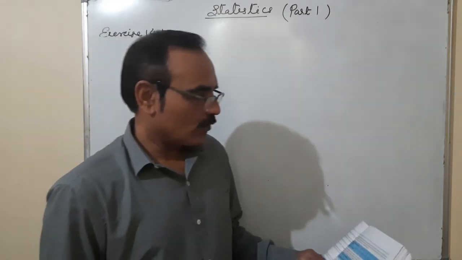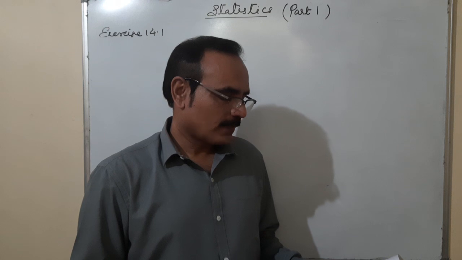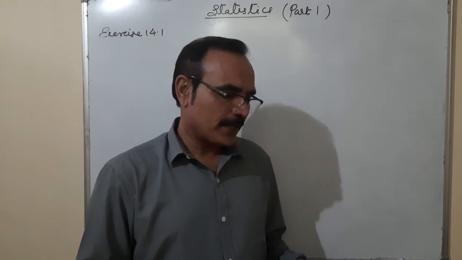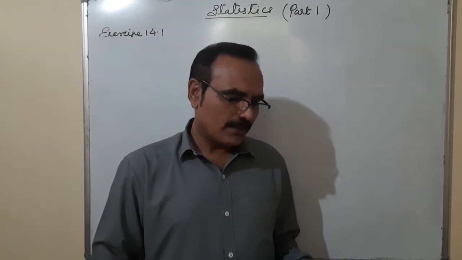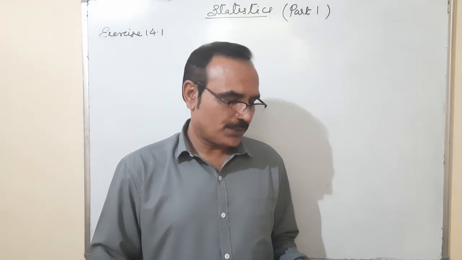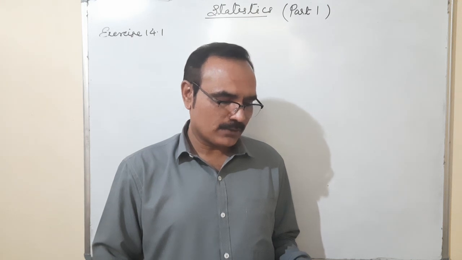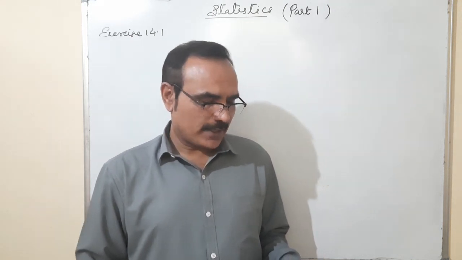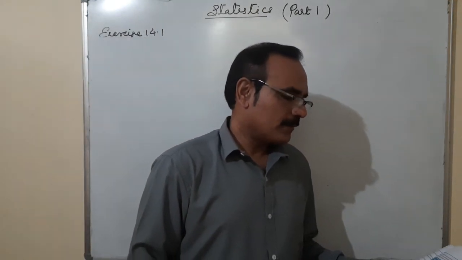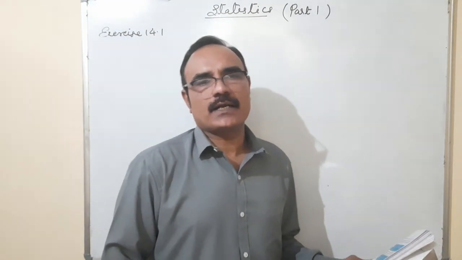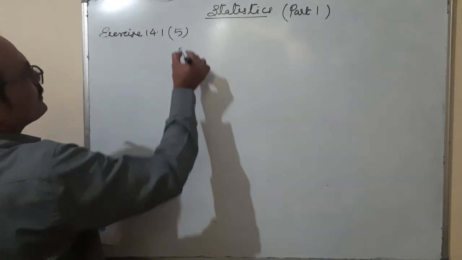All questions are of the same type, only one question is there. Question number 5 is: in a retail market, the fruit vendors were selling mangoes kept in packing boxes. These boxes contained varying numbers of mangoes. The following was the distribution of the mangoes according to the number of boxes. Find the mean number of mangoes kept in a packing box. Which method of finding the mean did you choose? I am taking question number 5 because in that question, the class interval is not given in the form of continued class interval.